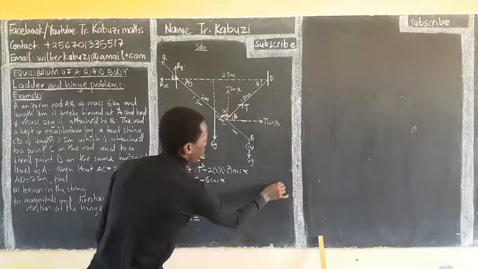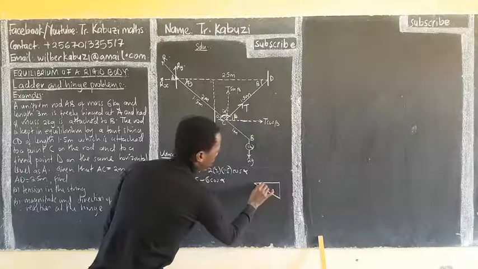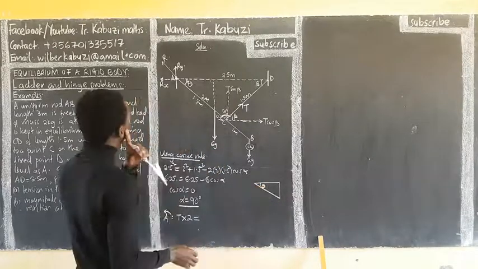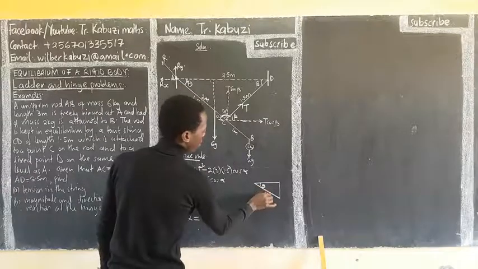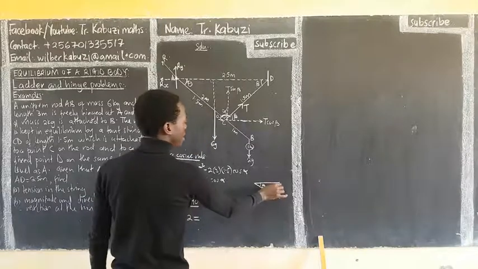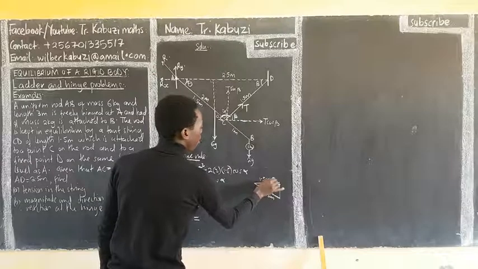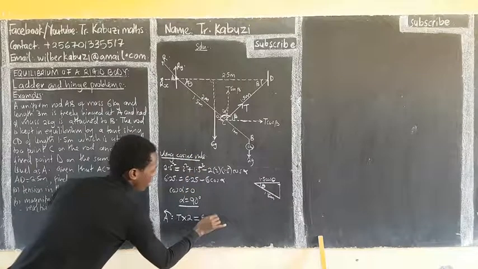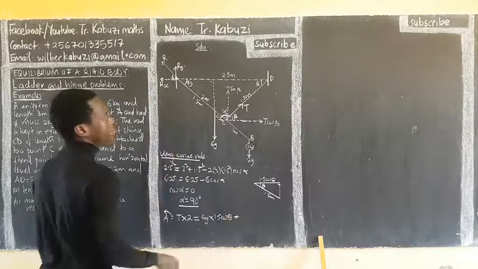So if I draw that diagram there, if this is theta, then this is 1.5 meters. So this is adjacent, so it's going to be 1.5 cos theta. So now I'm going to be having 6b times 1.5 cos theta, then plus